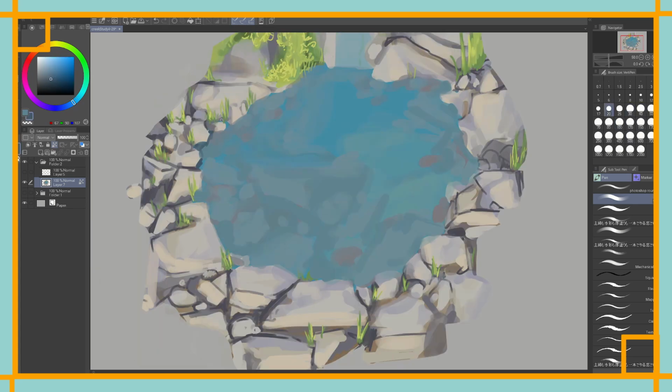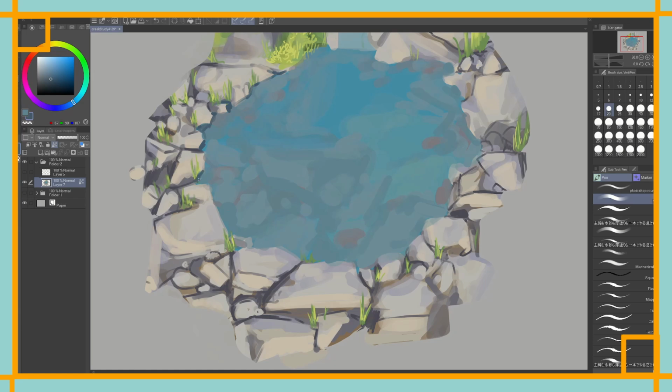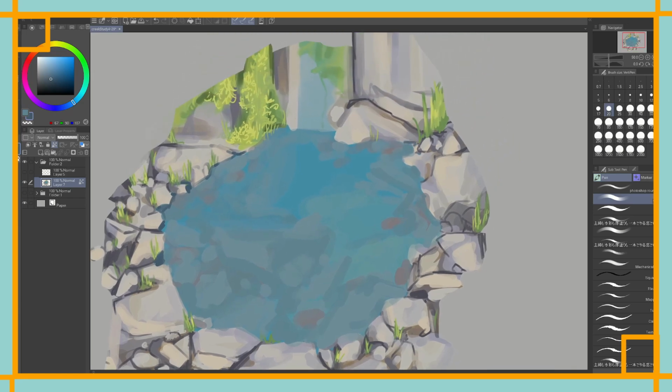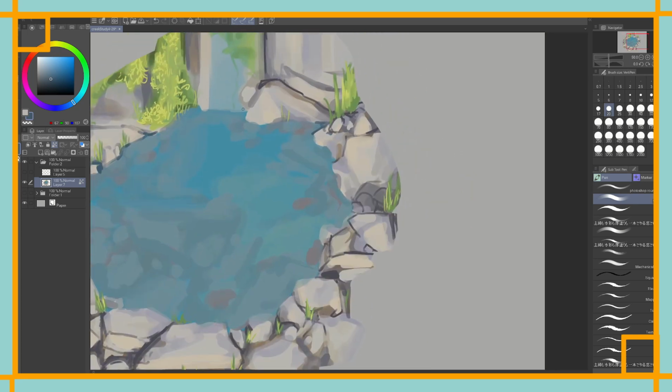And then just grabbing a pretty dark blue here, just to, again, show some more definition. To a lesser extent than the rocks that were obviously above water, you know? But still a pretty decent amount, so you can actually see what's going on. It doesn't just look like absolute shit, but...